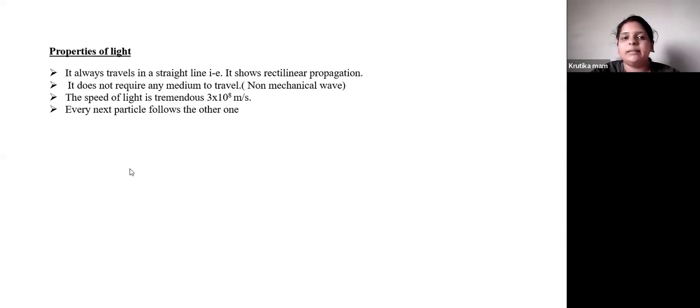So what have you learned so far, students? What should be remembered here is the first point, the definition of light. How did we define it? The definition of light is: light is a form of energy which enables us to see the objects around us. That is the definition. What are the different phenomena of light? Shadow formation, image formation, reflection of light, refraction of light, dispersion of light. These are the different phenomena of light.